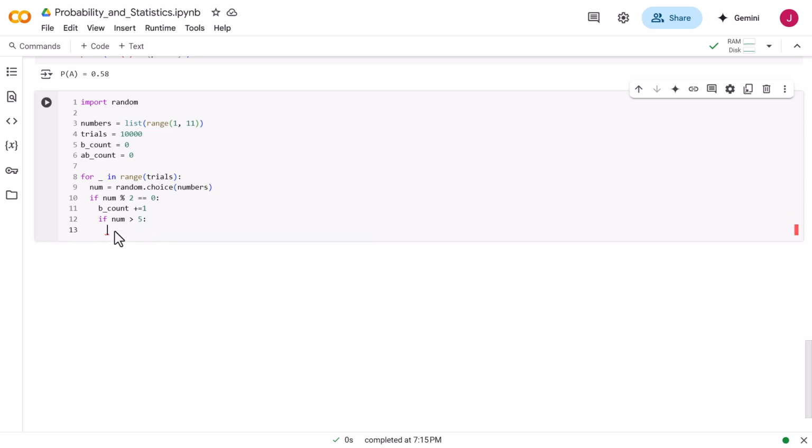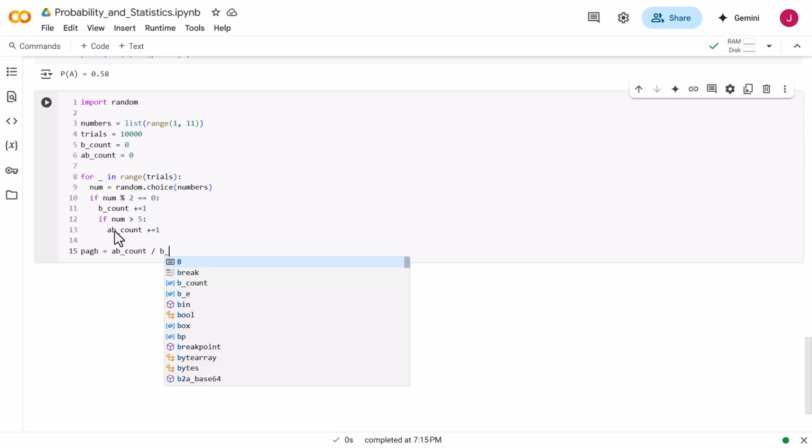Then we say AB count plus equal to 1. We increment the A and B counter. That's all. Then I can say probability of A given B is equal to AB count divided by B count,